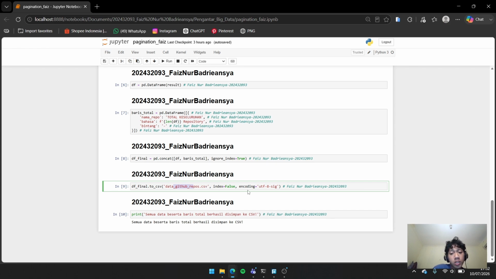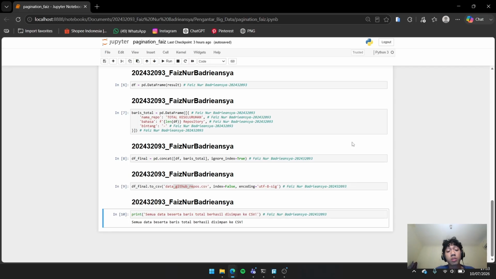The index equals False parameter prevents automatic row numbers from being saved, and the encoding utf-8 ensures the file can be read properly when opened in Excel. And after that we print what we have done with the file as the export to CSV.